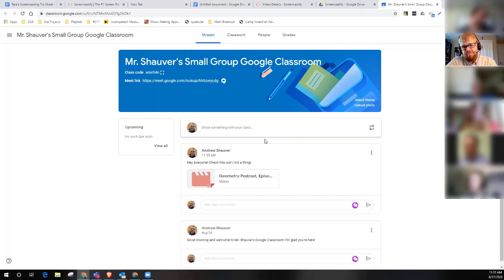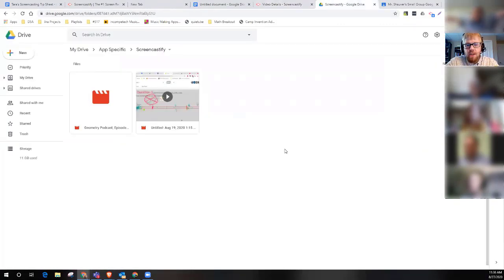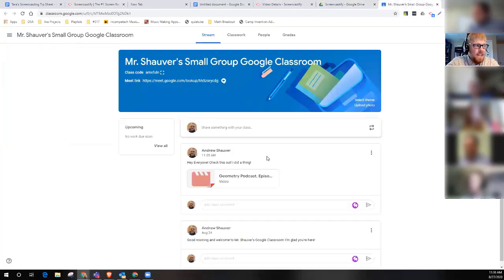That's just the way my workflow works. It doesn't have to be the way your workflow works, but it works for me. So in that type of instance, I may not share to Google Classroom through Screencastify. I may just pile them up here in my Screencastify folder and then attach them to Google Classroom assignments or announcements as I need them.